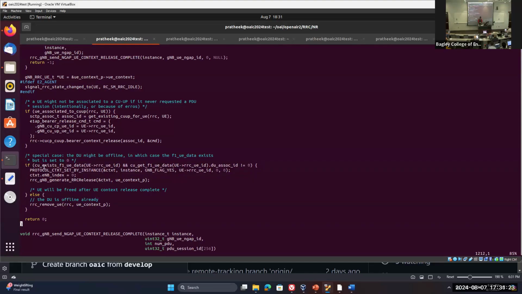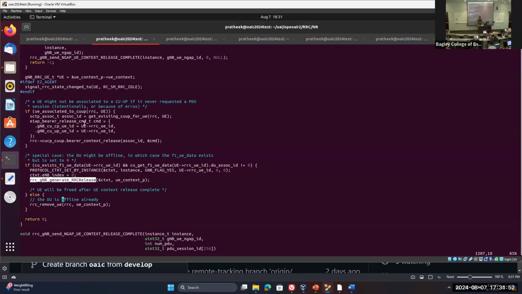So we go directly to the main functionality here. We see if the UE exists at the DU using the F1 interface, F1 APIs, and then we get the context, and we set the context of that UE to 0, which says it's going to be released, and then we release the UE. So we will have to call this function at the end. So let's just